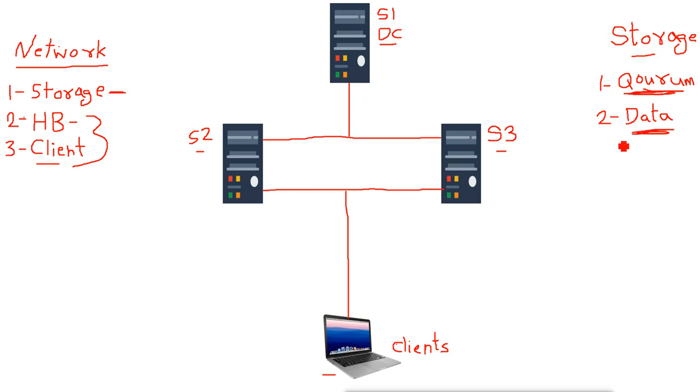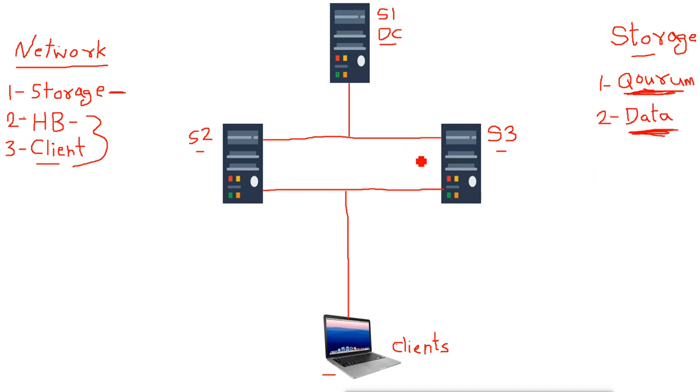If we want to run multiple applications, we can have different data storages for them. If you are using one application, you will need one data storage; two applications, two data storages; three applications, three data storages. So we need these two types of storage available: at least one quorum and at least one storage for data if we want to configure the application.